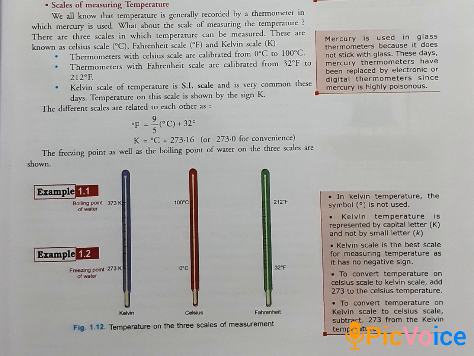This is how, students. The body temperature of a normal and healthy person is 98.4 degree Fahrenheit. What is the temperature on the Celsius scale? You can calculate, isn't it? It is calculated over here. Learn, practice. 36.89 degrees Celsius.